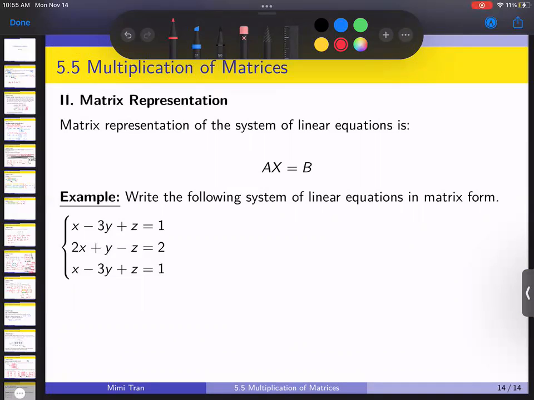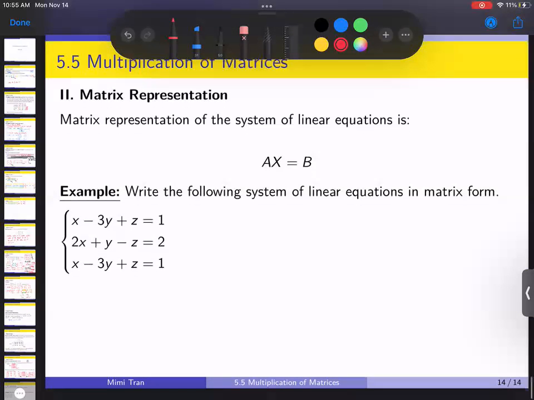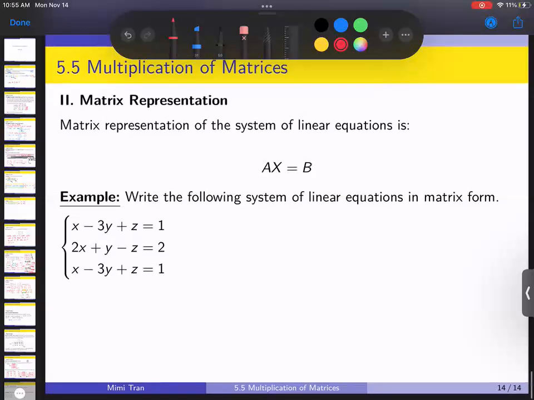Now, on the exam, I'll tell you what I'm expecting, and you'll be glad. It's not hard. I'll make it very reasonable for your exam, but I don't write the final, so I don't know what's going to be on the final. So I have to show you everything, right? So anyway, matrix representation, using the formula AX equals B, where A is your